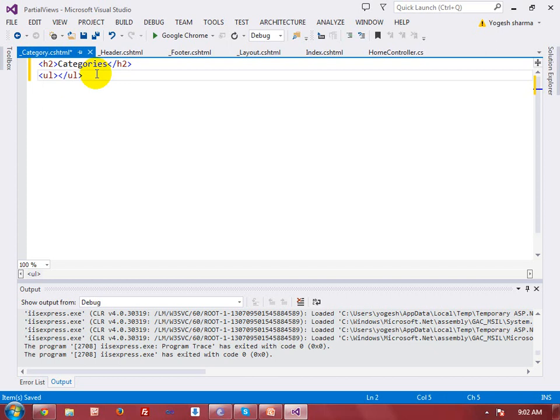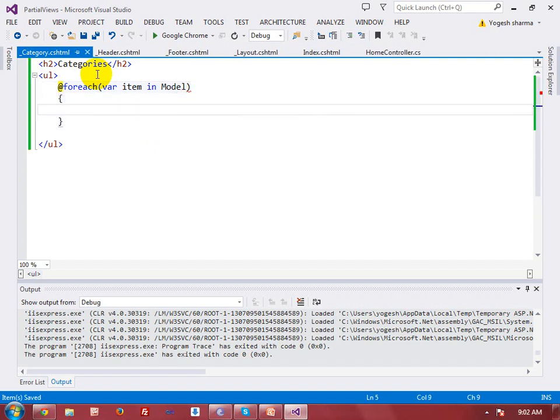I want to take ul and li elements over here, and use a foreach loop, where item in Model. In this model I will create a list and will print this list by using @item.